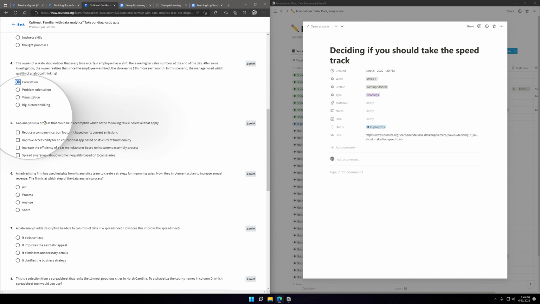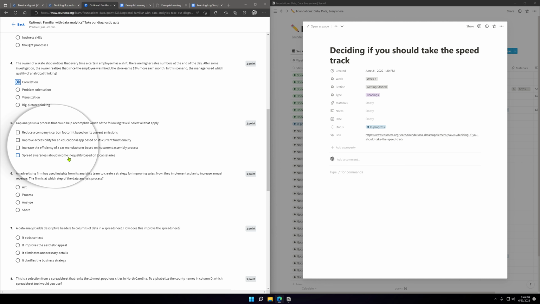All right, gap analysis is a process that could help accomplish which of the following tasks? I don't know what gap analysis is, so this is going to be a guess as well. Reduce a company's carbon footprint based on its current emissions. Improve accessibility for an educational app based on its current functionality. Increase the efficiency of a car manufacturer based on its current assembly process.